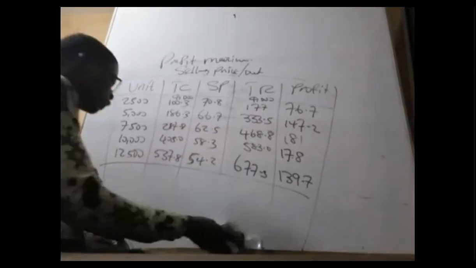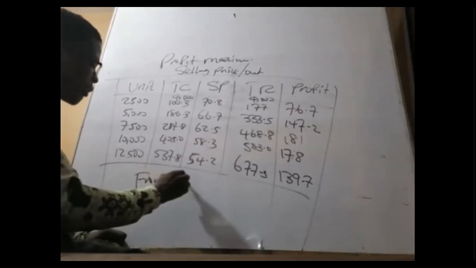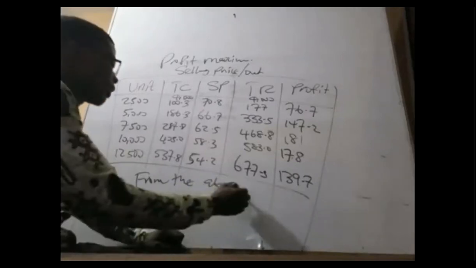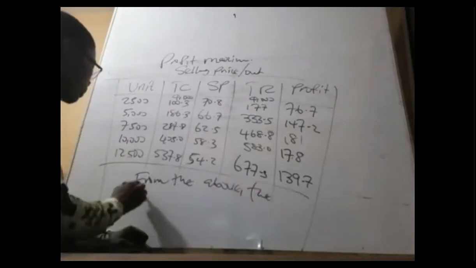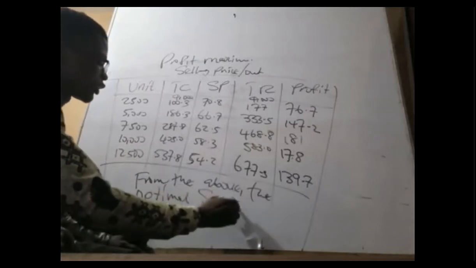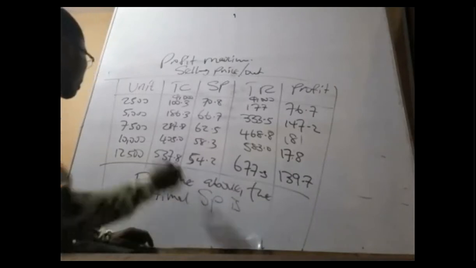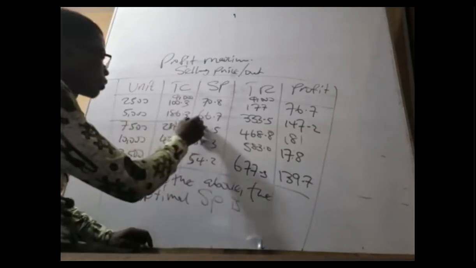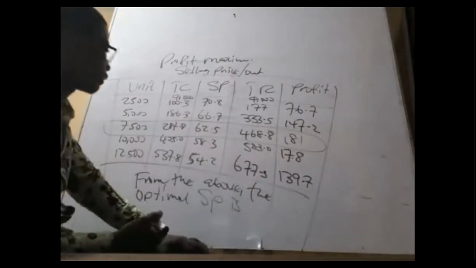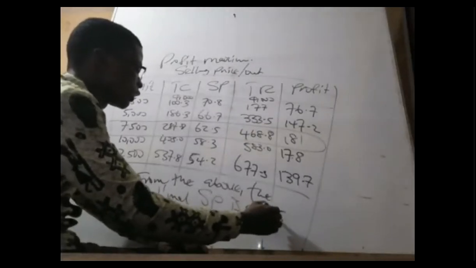So therefore, from the above table, the optimum selling price is at 62.5 Ghana cedis per unit,